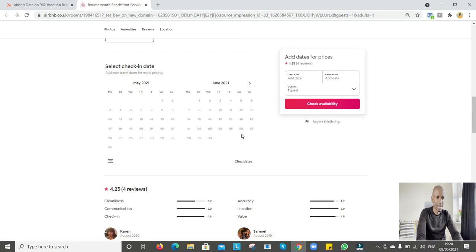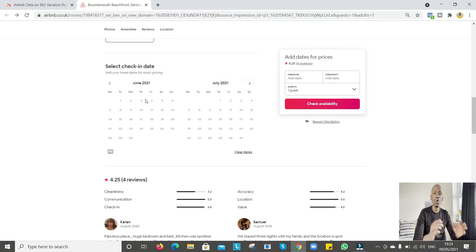And then you can look here now. You can see June, July is all booked. Again, this is a way to understand whether you want to invest in that area or not. So now let's look at a property that may not have as many bookings, so you can see what the demand is like in that area. Looking at this now, you know it's a telltale sign SAs are working in Bournemouth. But what we want to rubber stamp